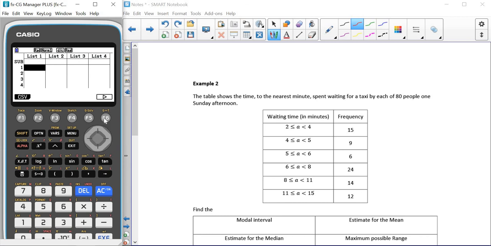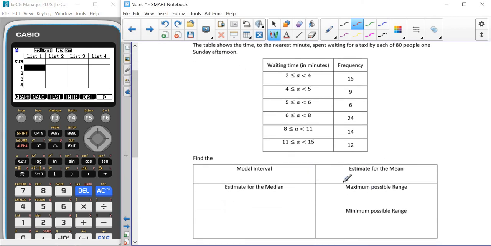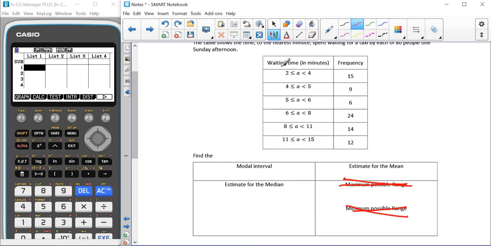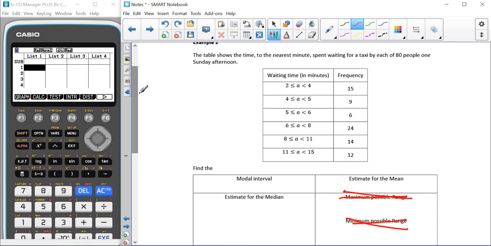Okay, so hopefully you've given the Now You Try question a go. Remember to start off with, I'm just going to cross this out because we got rid of this. You could talk about the maximum possible range and the minimum possible range, but we're not going to in this video. So we're going to have a look here at finding the modal interval, the estimate for the median and the estimate for the mean. So remember to start off with, we're going to find our midpoints, which in this case are going to be